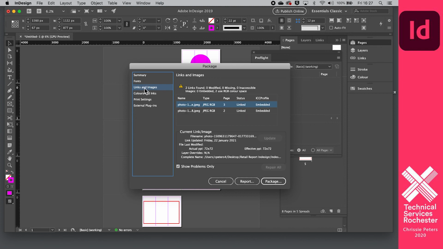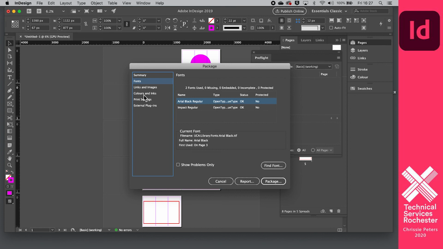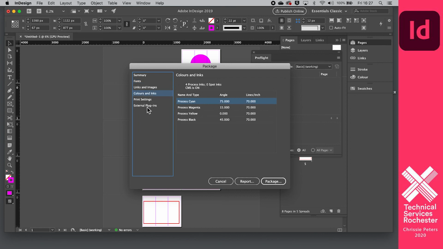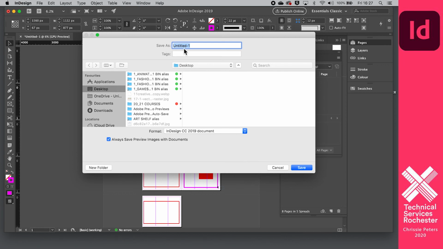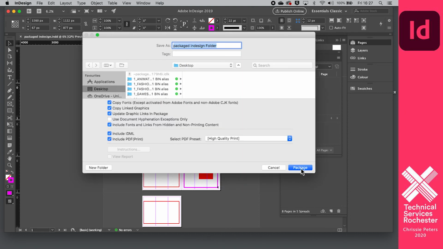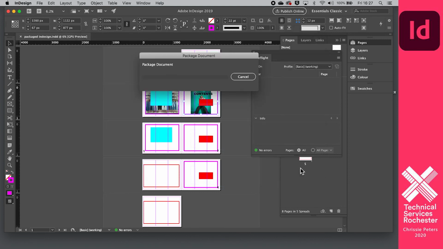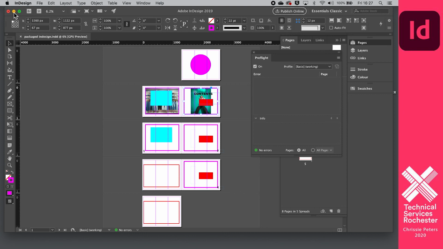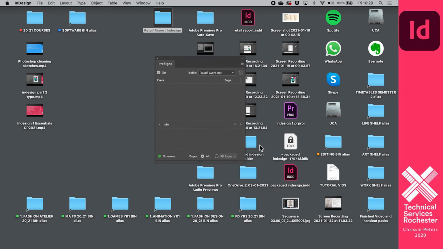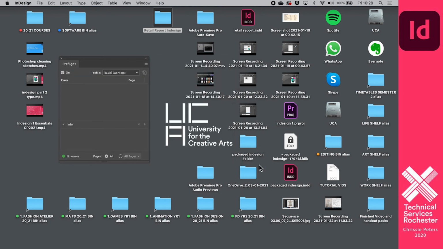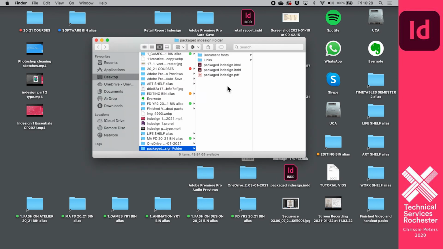So it's got the links for the images. I haven't got any unusual fonts, so that's not a problem there. All my colours and my print settings are in there. I can just go to package and I save it. Name. It's given me a folder